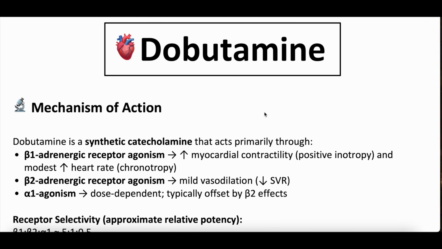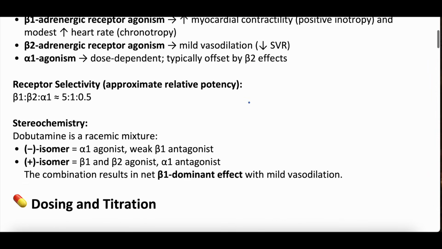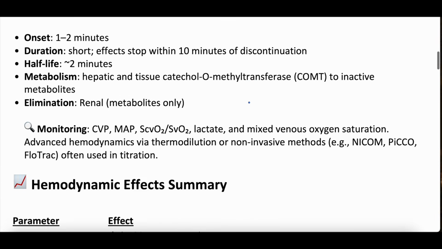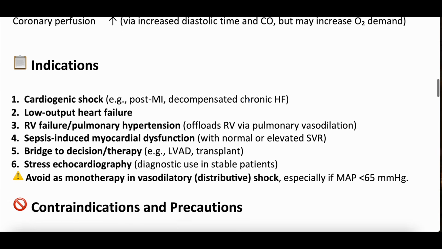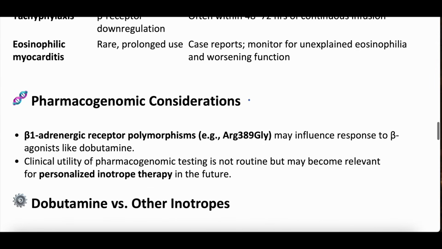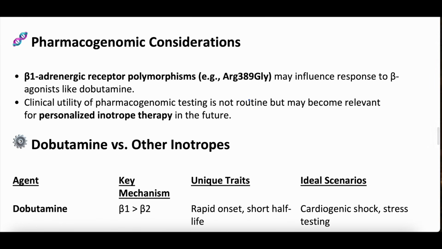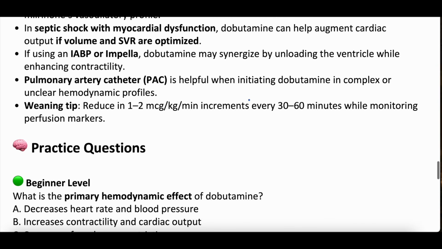Today's topic will be another episode in our vasopressor and inotrope series. Particularly today we'll be talking about dobutamine, one of the very common inotropes. We'll be going through the mechanism of action of dobutamine, the receptors it works on, dosing and titration of dobutamine, how to monitor it, hemodynamic effects, the summary of those effects, indications for dobutamine, contraindications, precautions, adverse effects, some interesting pharmacogenomic considerations. We'll compare dobutamine to other inotropes, talk about some clinical pearls, and then we'll end actually with a